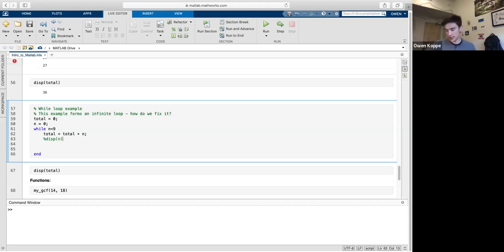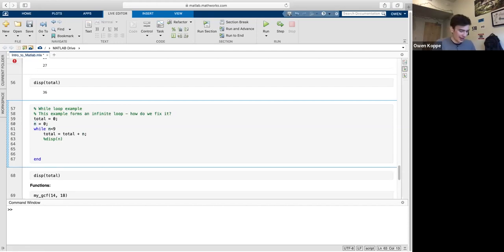Yes, so give it another few seconds here, but that is correct. We don't increment n. So the problem here is we define n equals 0, and then we're doing this while loop, but n is never being increased. So this while loop is going to continue forever because that condition is true. And we don't want to run this loop because, as we saw before, it could run or will run forever, and we don't want that